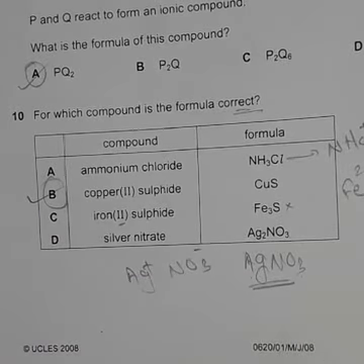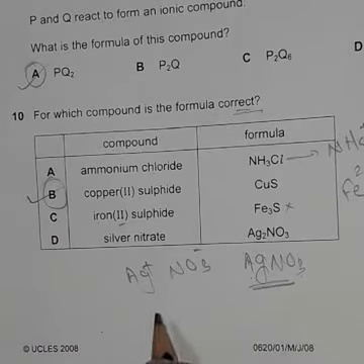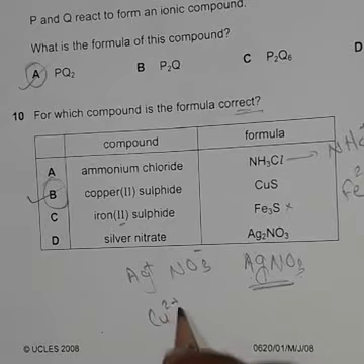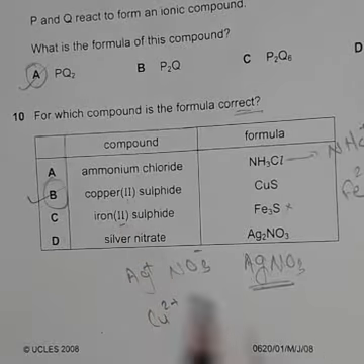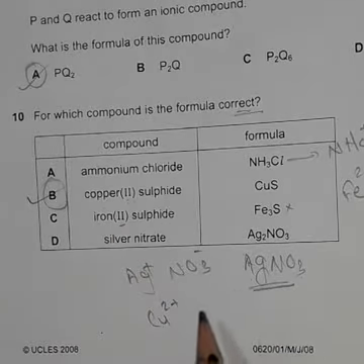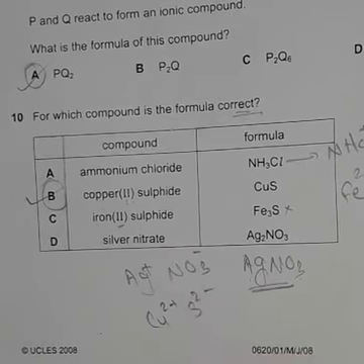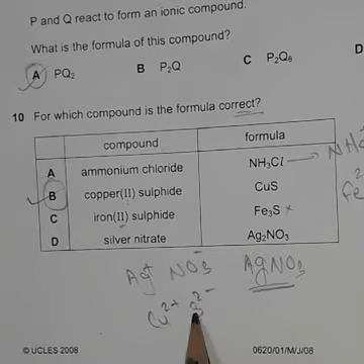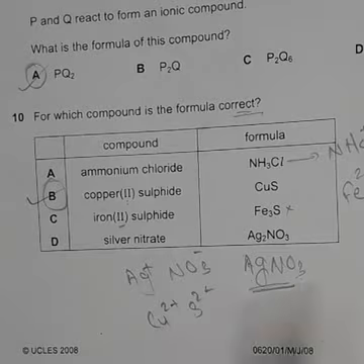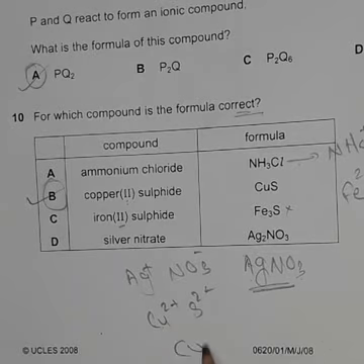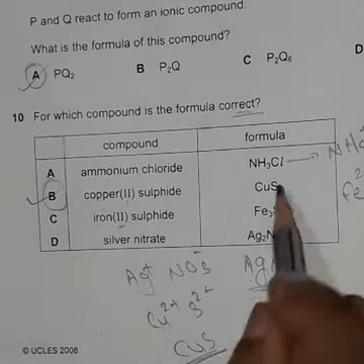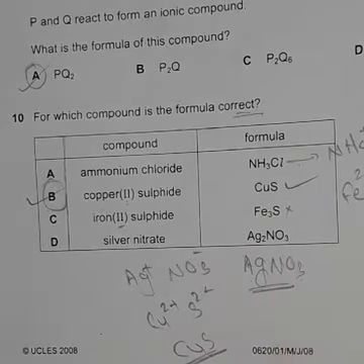So the correct formula is only copper sulfide. Copper it is Cu2 plus, it is given here copper 2. So the charge of copper 2 plus. Again sulfur, I told you here 2 minus, S2 minus. So CuS, both are 2, so the charges will cancel each other. So it will be CuS. So this is the correct answer, CuS.